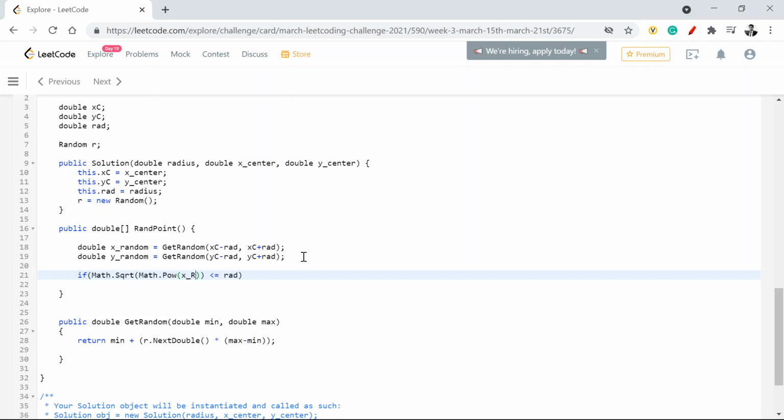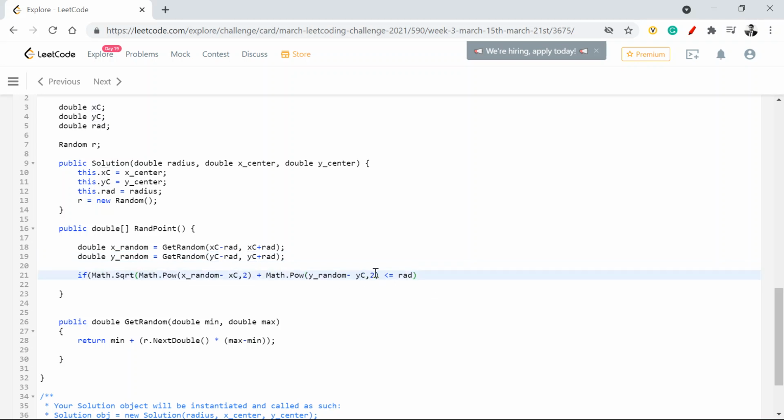x random minus xc, comma 2, right, plus y random minus yc, comma 2, whole square, right?